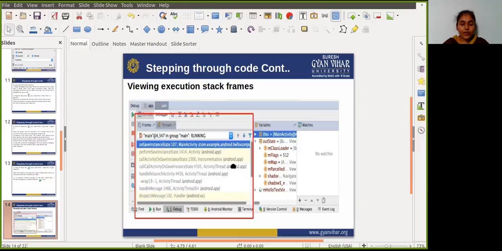You can change the order of elements in the watches by selecting an item and clicking the up or down icon.